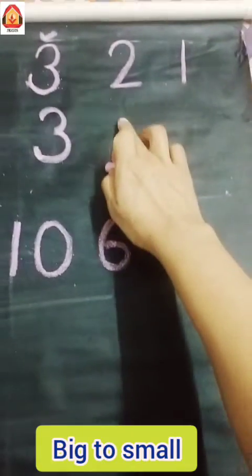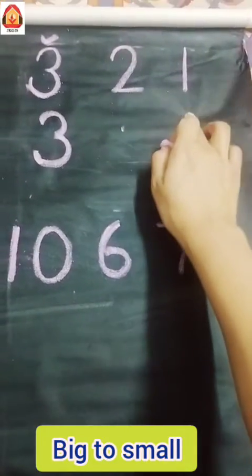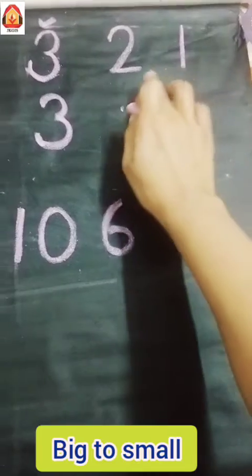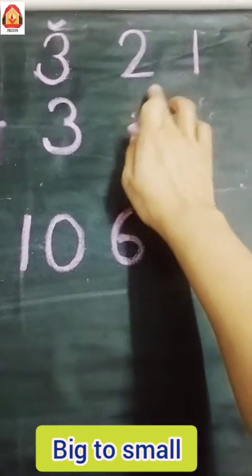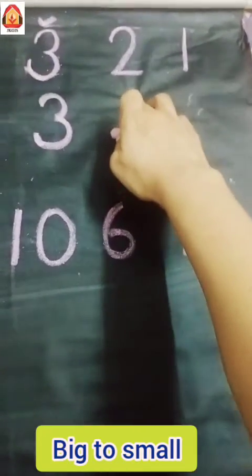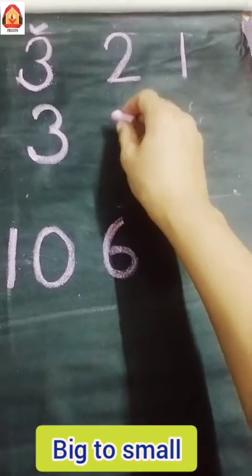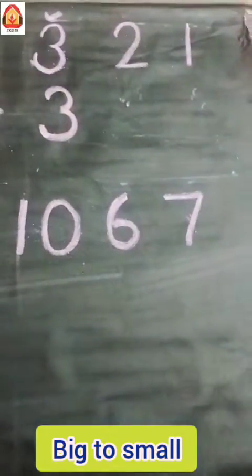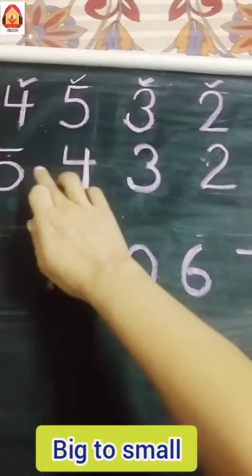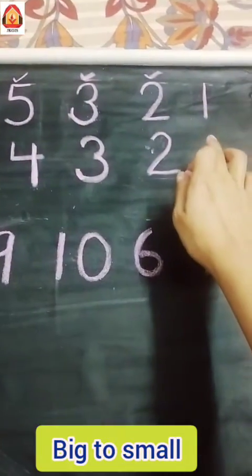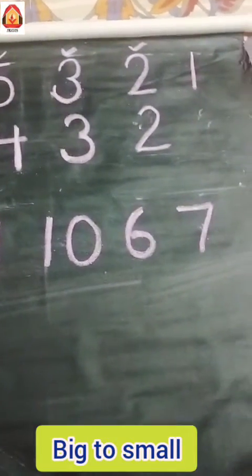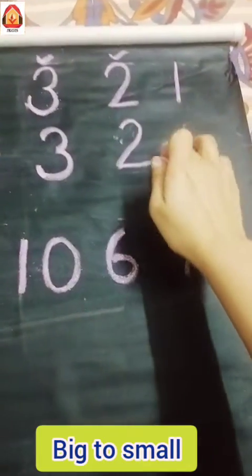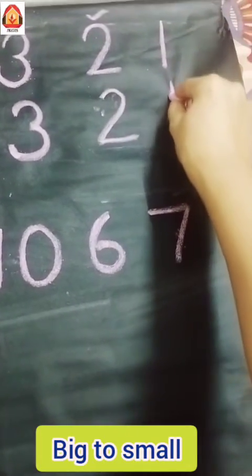Now we will see which is bigger one, 2 or 1. It's 2. Okay, क्योंकि 1 और 2 में कौन बड़ा है? It's 2. 2 बड़ा है, तो we will write 2 here. So students, now you can see among these numbers which is left. 1 is left, so I will write 1 here.